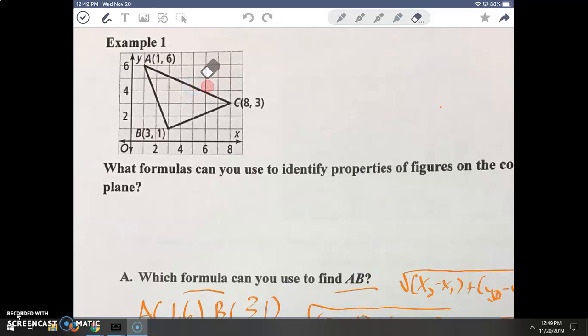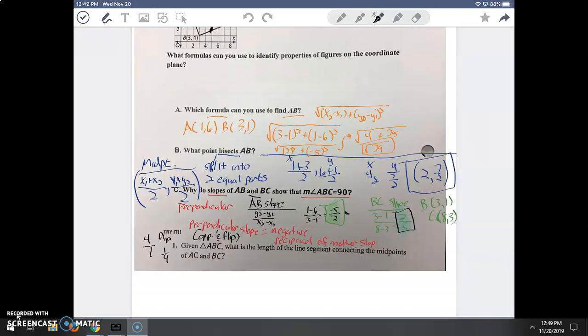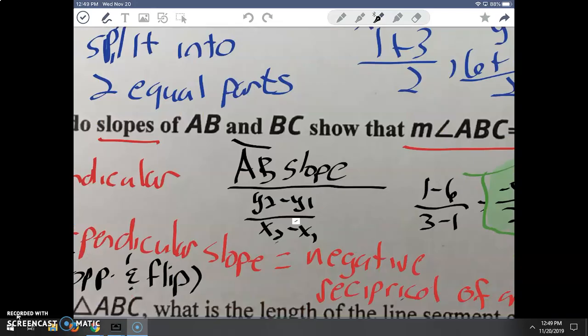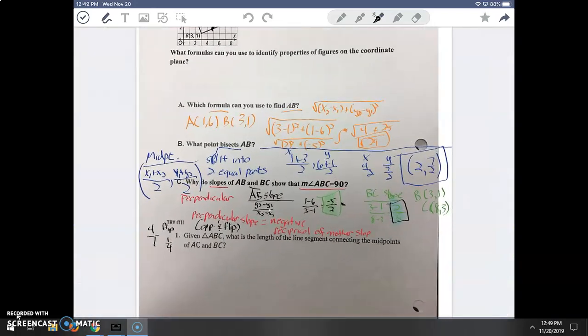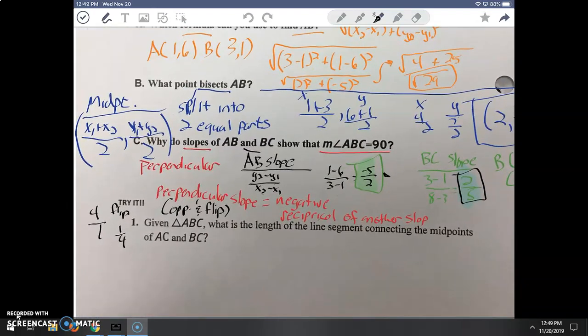I'll do the work here in a second. And BC, which is right here, somewhere around that area. What it's asking you for is, what is the length of this line here? What is the length of that mid-segment, basically. It's a mid-segment. So the first thing you'd have to do is